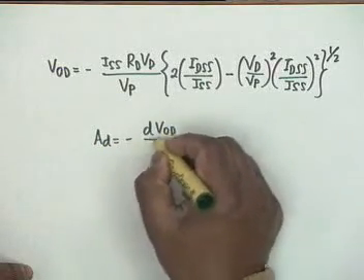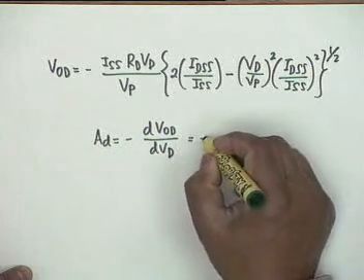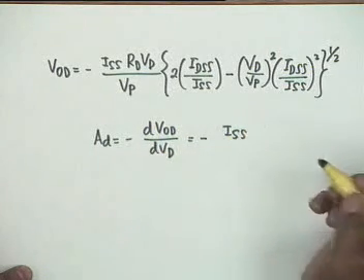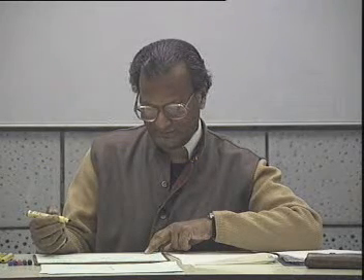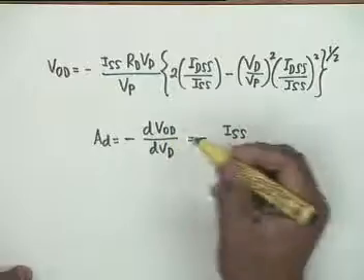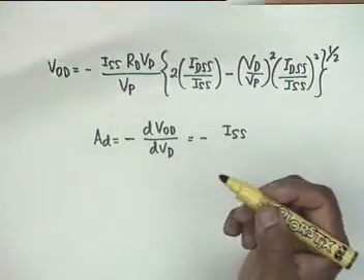That is AD, which is dVOD divided by dVD, would be simply equal to minus... Pardon me? Why should there be a minus sign before the differential? Why not? This was caused by the input signal derived from